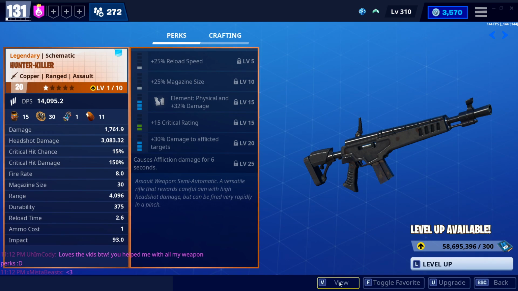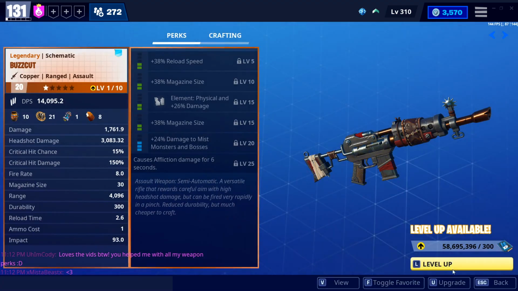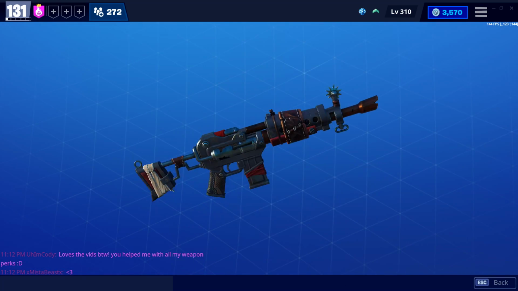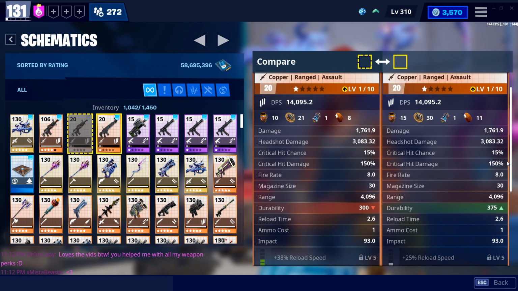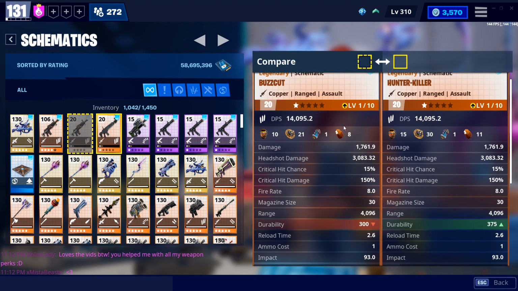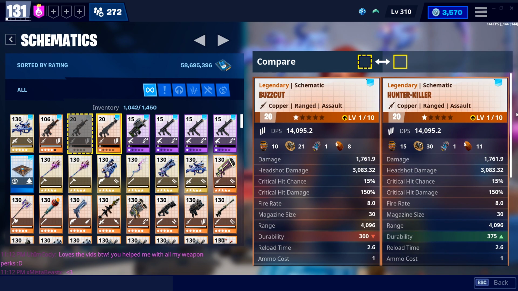So the Hunter Killer is that main game, regular tap-fire AR that a lot of you might be picturing, but the Buzzcut is the, well, as I just said, identical counterpart. It's meant to be cheaper, and that's pretty much the only difference. So when I compare the stats here, you can see that they have less durability on the Buzzcut side, and it's cheaper to craft. So that is more ammo efficient, but otherwise completely identical damage, reload, mag size, everything in